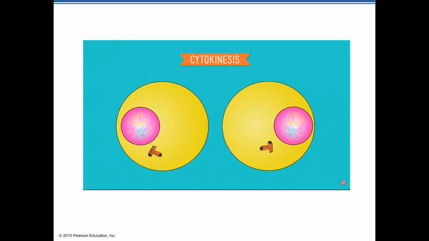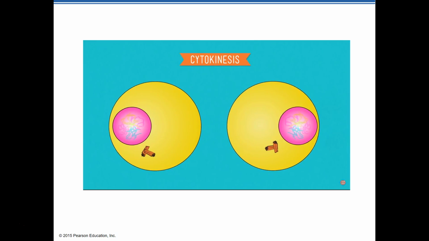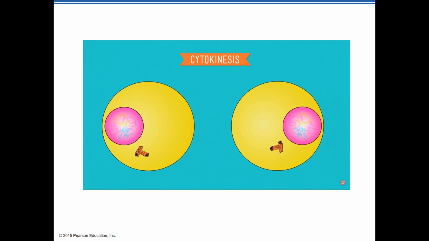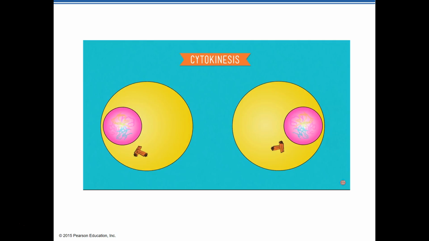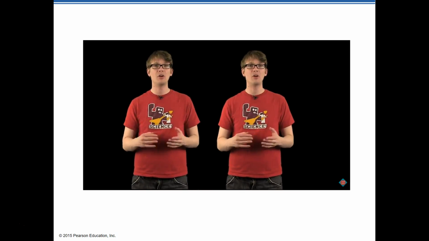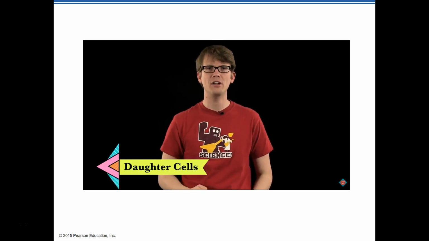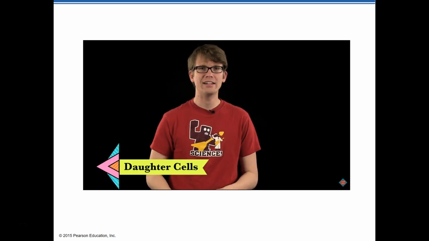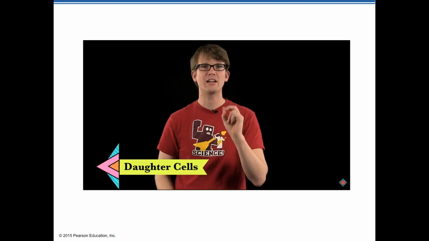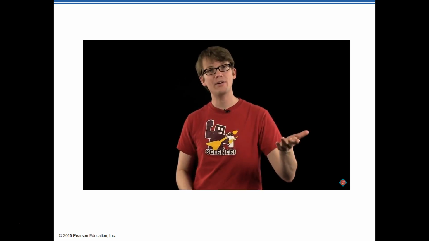This is done by cytokinesis, literally cell movement, by which the 2 new nuclei move apart from each other and the cells separate. We now have 2 new cells, each with a full set of 46 chromosomes. These clones are called the daughter cells of the original cell, and like identical twins, they are genetic copies of each other, and also of their parent. But of course, that's obviously not the case for you. Even if you are an identical twin, shout out identical twins!